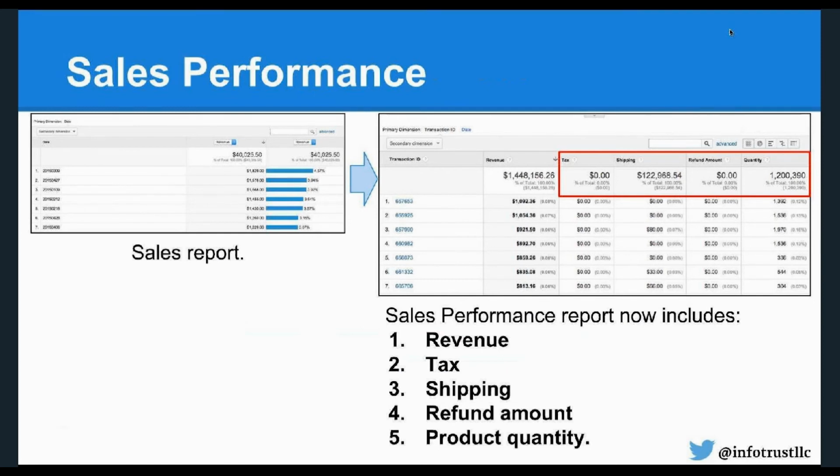Now, one of the last things I want to cover here is just the sales performance report. Whereas before we could view the individual transactions and say how much money came through, this is where we're going to start putting it all together. So we had those individual revenue amounts. Now we can actually get more and more accurate by looking at the individual taxes, the shipping amounts, and a feature that's been requested by many of our customers over the past several years has been the ability to put in and to calculate refunds.